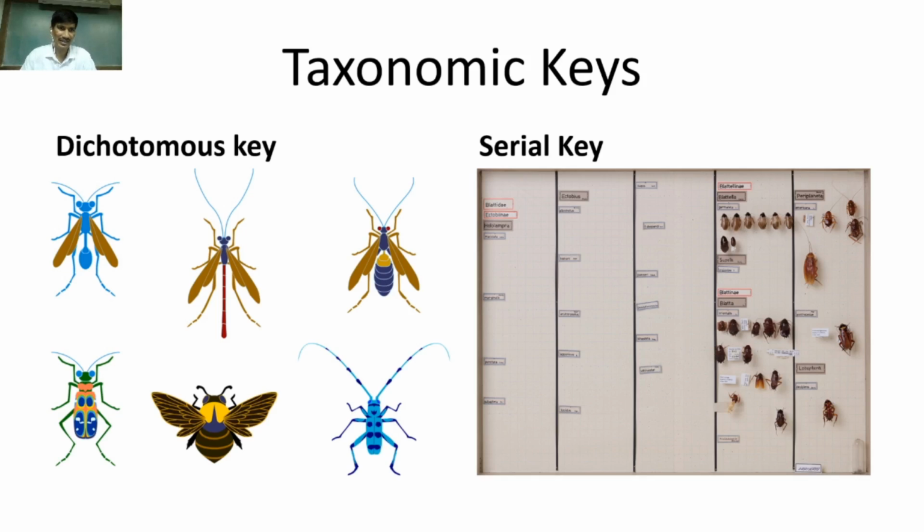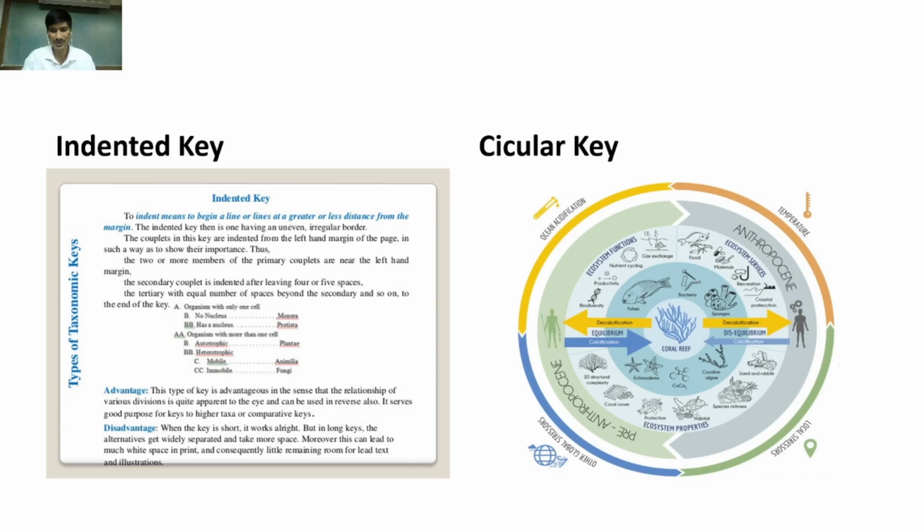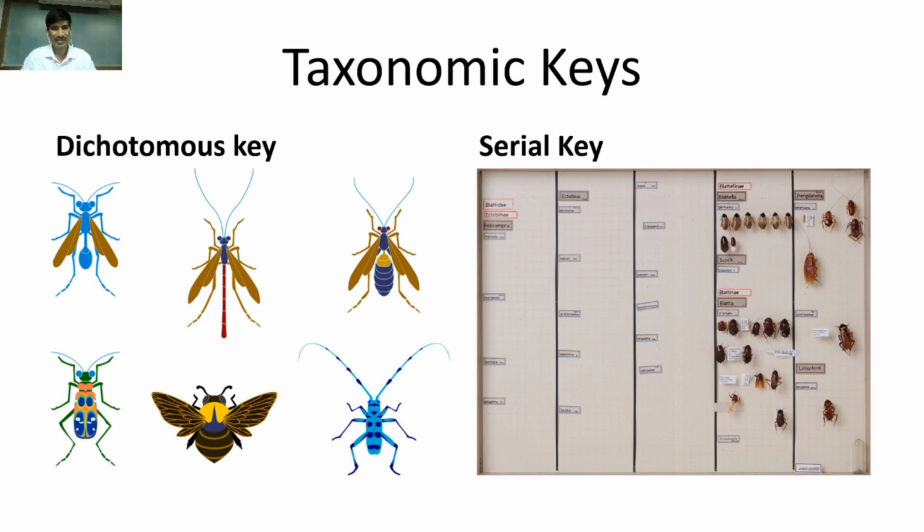Here is the dichotomous key. In the first panel we observe different types of insects and how they are sorted. Firstly we take the abdomen: those insects with a petiolate abdomen, this is the wasp. Those animals with a slender abdomen are put in another category. Those insects with an oval abdomen are put in yet another category.